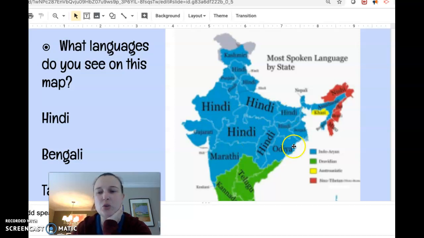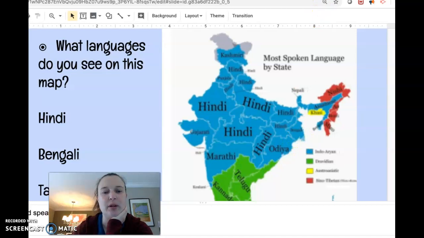But then there's also one called Bengali. I want you to look at that over here. Bengali is very close to the country of Bangladesh. And we learned that the tigers live near the Bay of Bengal. And this is where those mangrove forests are. And the language is called Bengali. That's important to know because lots of Indian people here in the United States speak Bengali because lots of people from this region have come to the United States for employment.